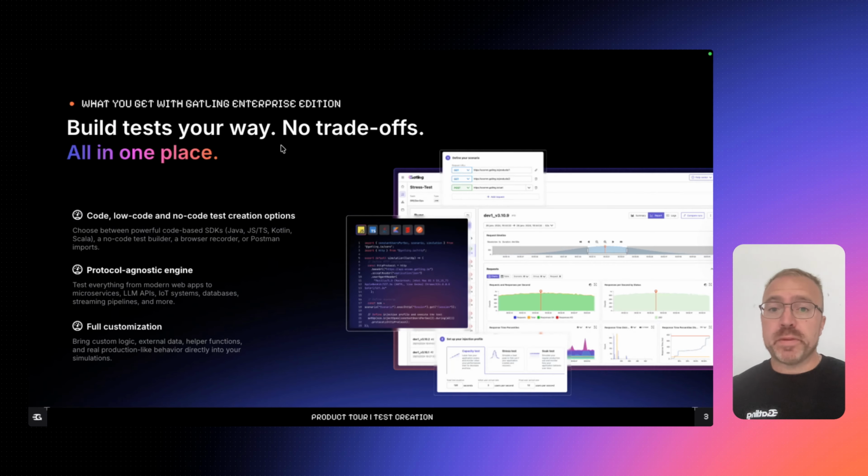So what do you get with Gatling's Enterprise Edition? You get test as code, low code, and no code test creation options. You can choose between our powerful SDKs, our no code test builder, Gatling Studio, our new browser-based recorder, or Postman